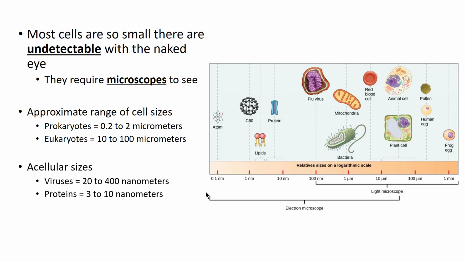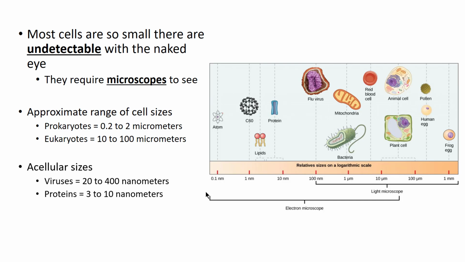And then proteins, as we talked about earlier, are usually even smaller than that, 3 to 10 nanometers. So even with a microscope, especially the type that we use here at the campus, you cannot see a virus. There are some that allow you to see them, but with most microscopes you can't see a virus. And as far as I'm aware, there are no microscopes that allow you to see proteins. The only reason I say that is because technology changes, but as far as I'm aware, there's no microscope that will allow you to see a protein. Proteins have to be studied in ways that go beyond microscopy.